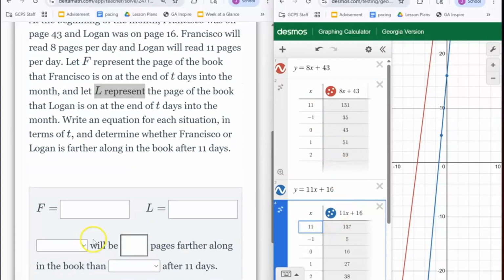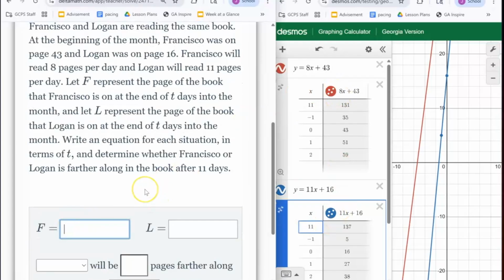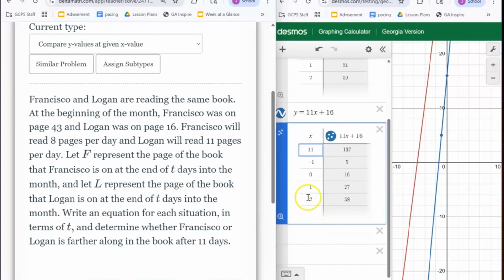Okay, so now we're ready to write it out. So F was the first one, which is 8, not X, but T. All right, they wanted in function notation. And then the second one was 11x plus 17, but not X, but T plus 16. All right, and then